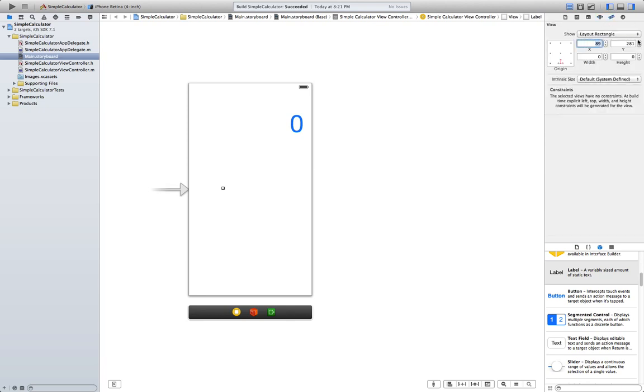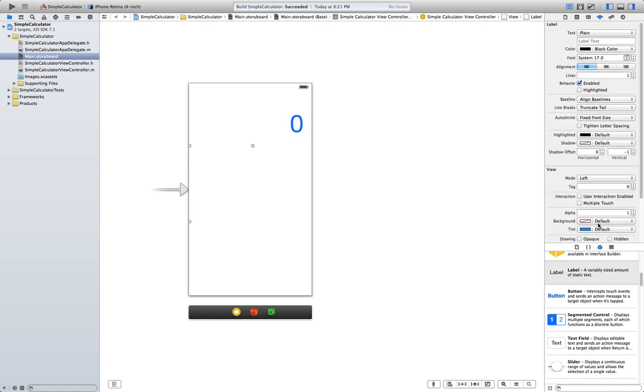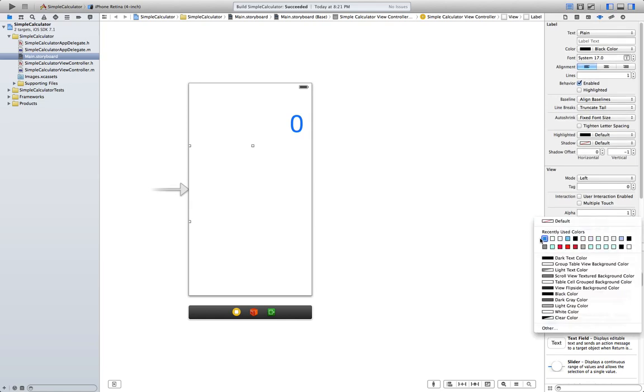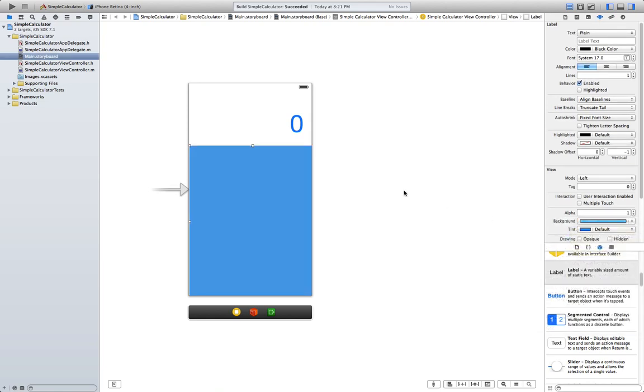Select its size, it's going to be 166, 573, 331 times 406, and the color is going to be this lighter blue.